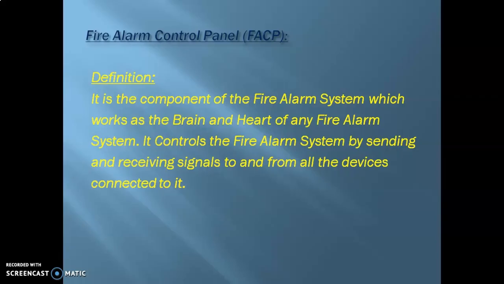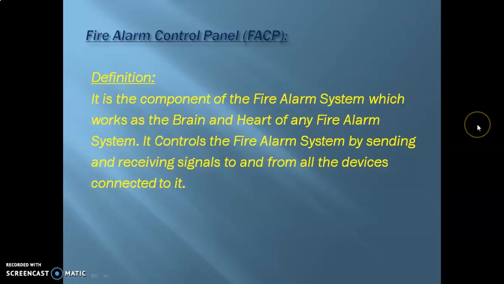It could be a BMS system that it sends the signal to, or a smoke management system that it activates, or elevator control or HVAC control, etc. Either way, this is the most important component of a fire alarm system, controlling all aspects of the entire system.